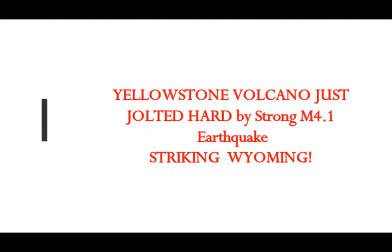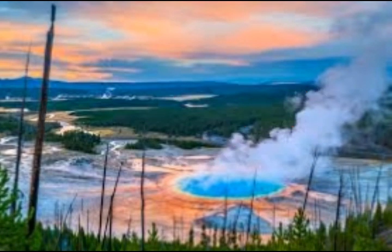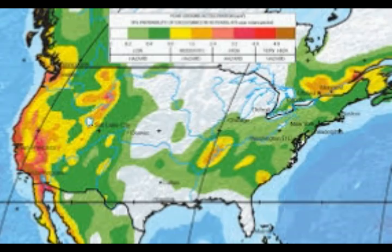Yellowstone supervolcano was just jolted hard within this past hour. I just checked the area after I just posted the South San Andreas fault video, the video before this one. A strong magnitude 4.1 hit Wyoming in an area that's hardly at all populated and doesn't have much historic earthquakes. And we'll see the frequency of the intensive